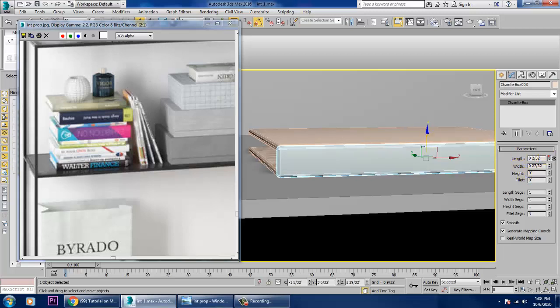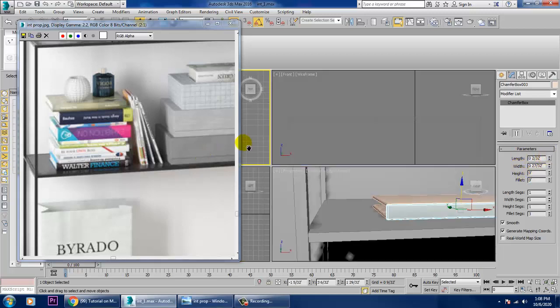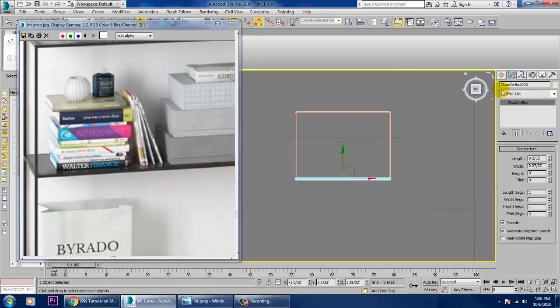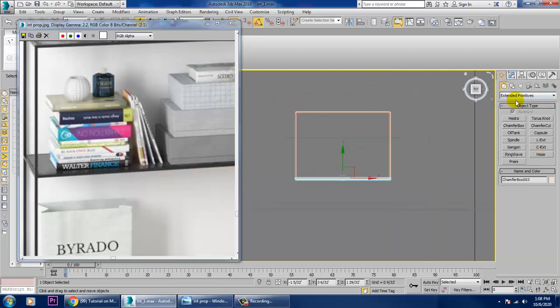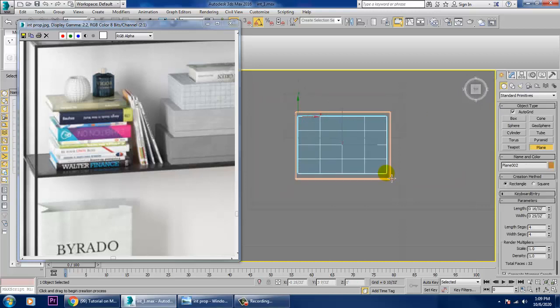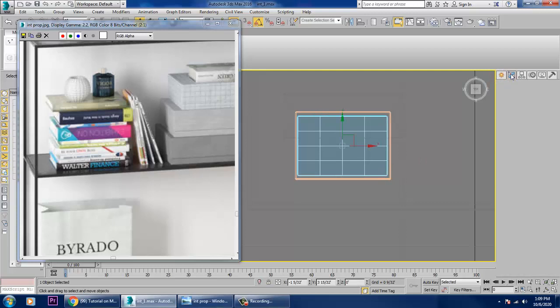Let's go on to the top view again and take a plane. Make sure you're reducing its segments.